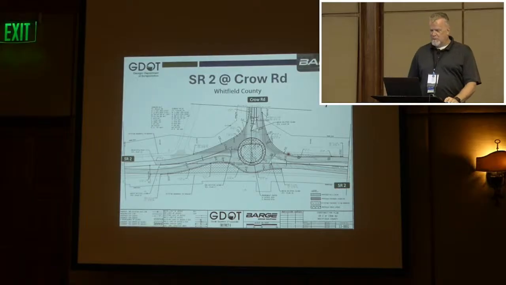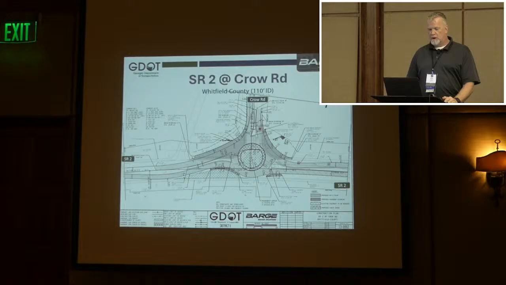But when we started putting together cost estimates for it, because it had curb and gutter all the way around the perimeter, it still ended up getting the cost just a little bit too high, just above this, I think it was close to $600,000 limit. And so we went in instead and just put in these outside blisters on the sides. Actually, we were able to use some of the guardrail as some of our control criteria for keeping speeds down with rumble strips on them. And this lower cost